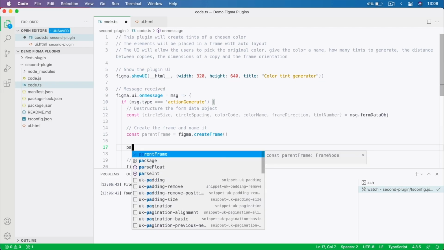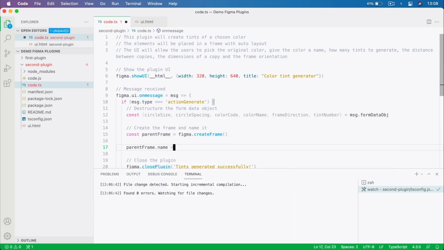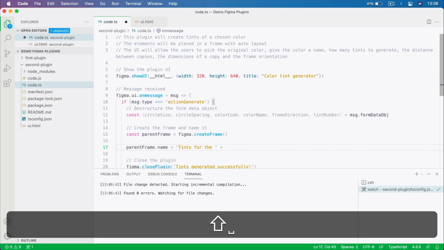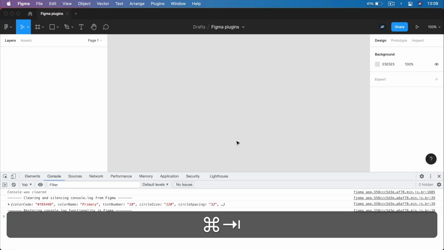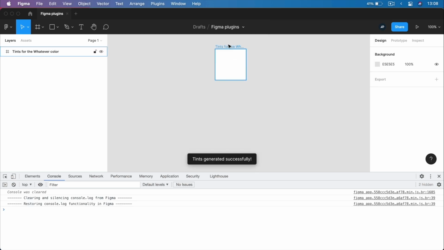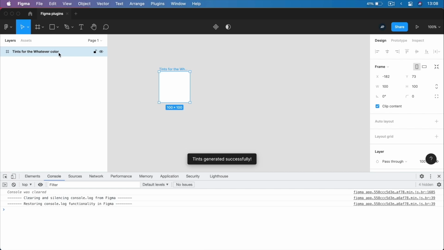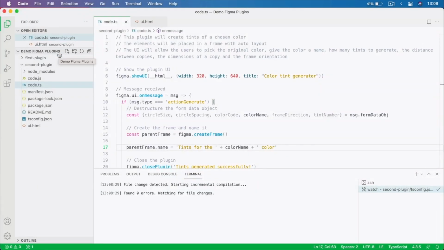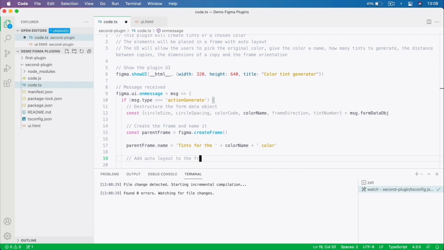So let's give this a name. We're going to say parent frame dot name. That's going to be equal to tints for the, and let's add the color name to this plus color. All right, let's try it out. So the color name is called primary. Let's change this to whatever, generate tints, and that creates a new frame that's called tints for the whatever color. Pretty cool, huh? Next up, let's add auto layout to the frame and set the direction, padding, and spacing, and also maybe the